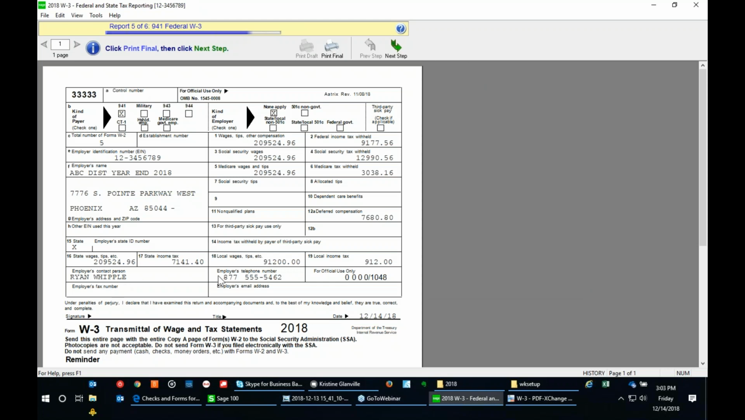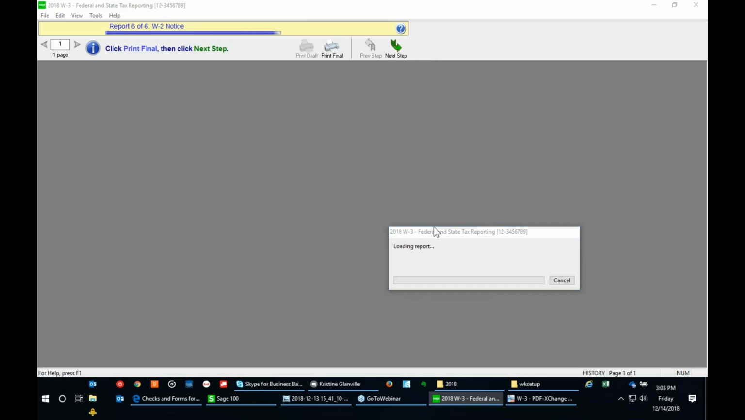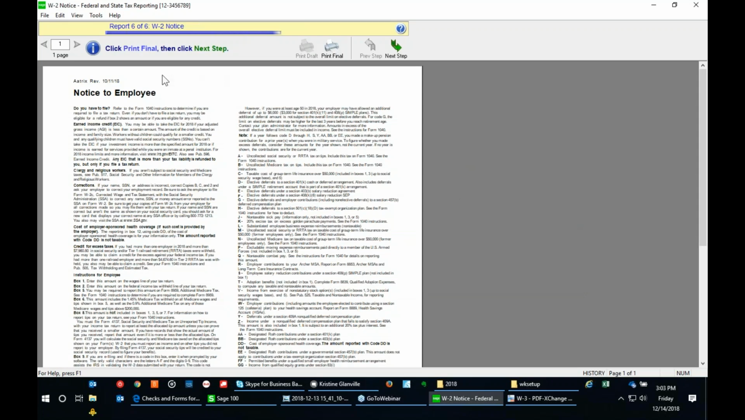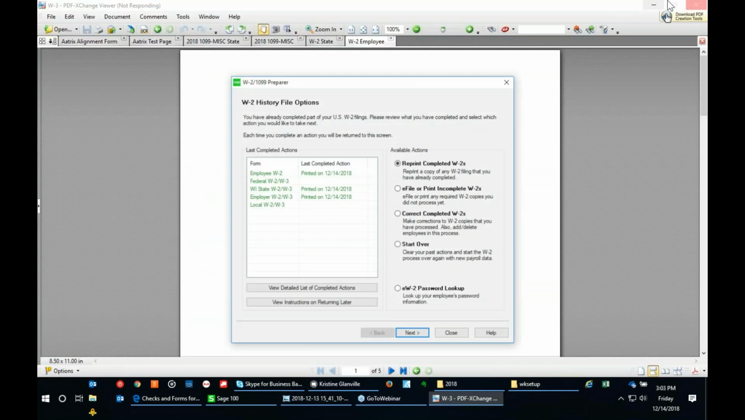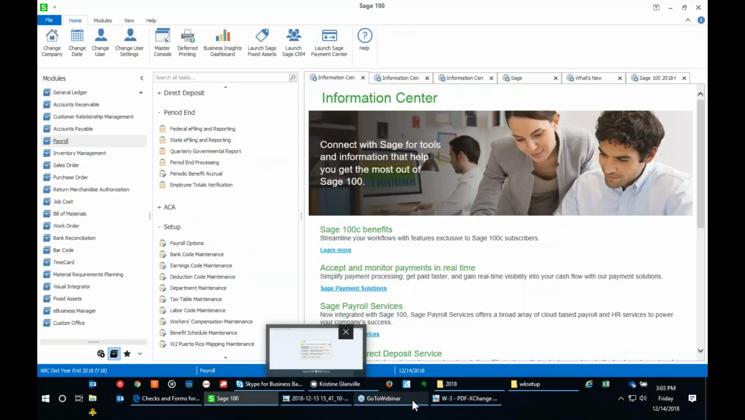It has your W-3 form. And then the last form is the notice for the employees. So basically the instructions for when they're doing their taxes. So once you are done printing,